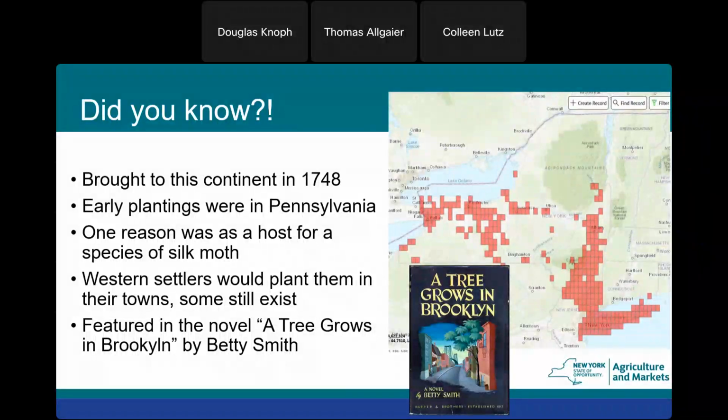Curiously, in the novel A Tree Grows in Brooklyn by Betty Smith, the tree that she's discussing is actually a Tree of Heaven, considered by many or most as a weed tree. However, some people do cherish this tree, mostly based on this book. So, next page.